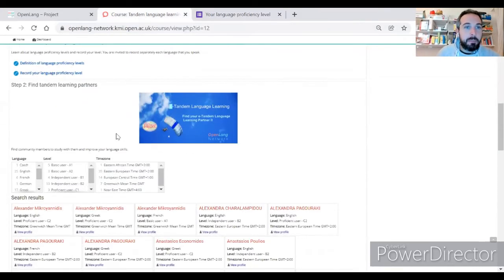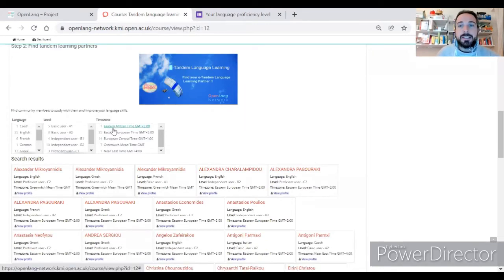Then the second step, find tandem learning partners. In order to do that, first of all, you have to appear in the list of possible partners for the tandem language learning. For this reason, it is important that once you enter the platform for the first time, you edit your profile, providing all the required information. In particular, this is my personal suggestion, you should fill in information about your contact details and about your interests,